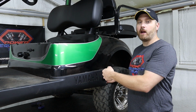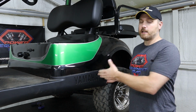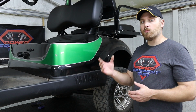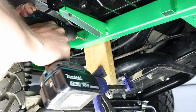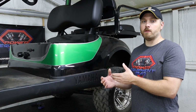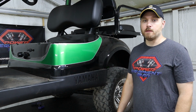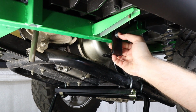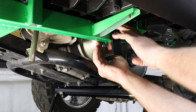So when your drill bit breaks through the other side, you don't stab into something right behind it. Now, one trick that I've used when installing these is to just put a wooden block behind the frame. That way, when your drill comes through the frame, it just hits the wooden block and doesn't damage anything behind. Next, we'll be installing our upper mounting bracket to the frame rail using the bolt, washers, and lock nuts